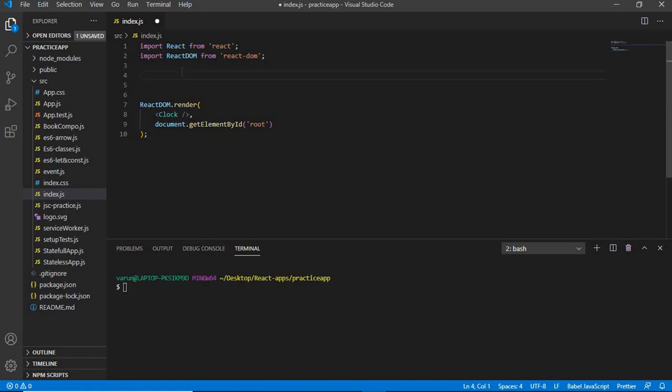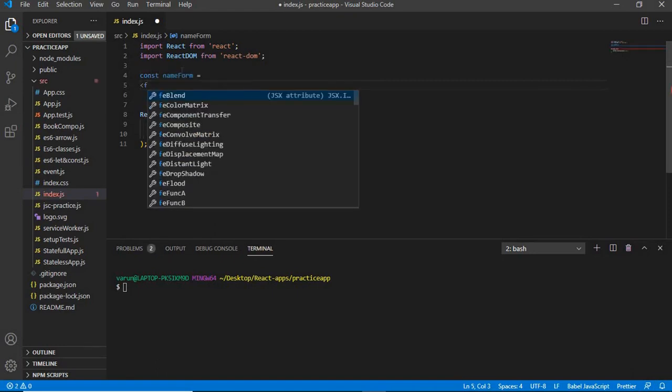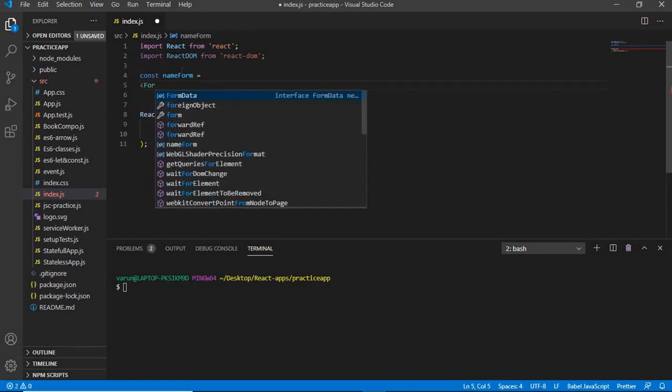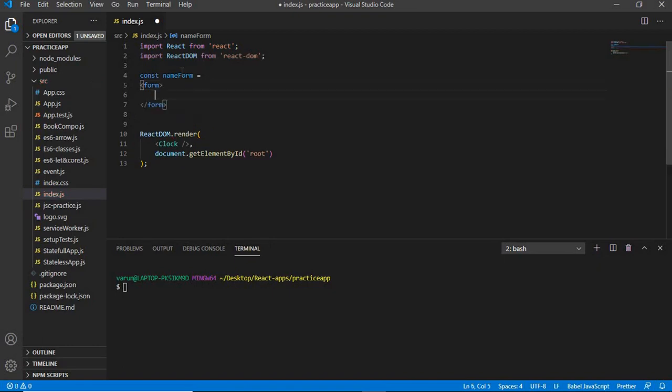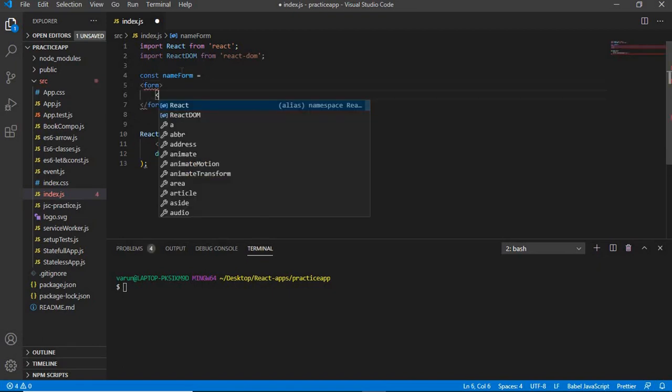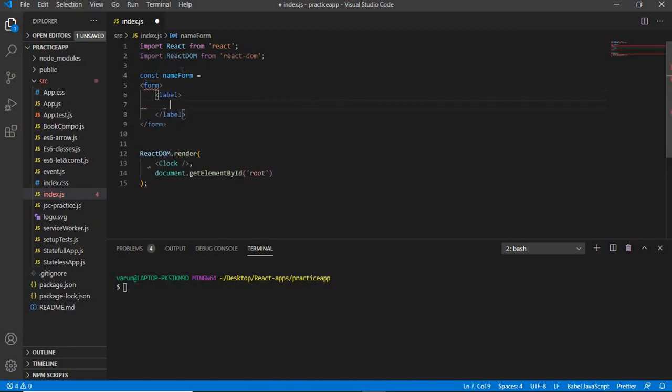Okay, so let's go here and give a name as name form or form name, anything is fine. So name form is equal to the form tag. Sorry, the F has to be in small letters, not in capital. Then let's give it a label, and the label will have name,